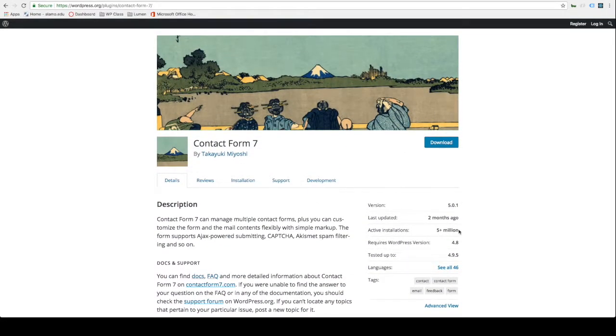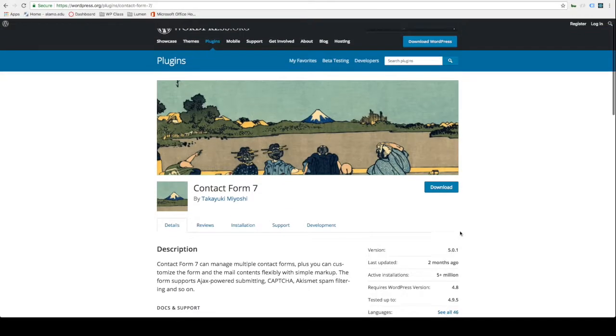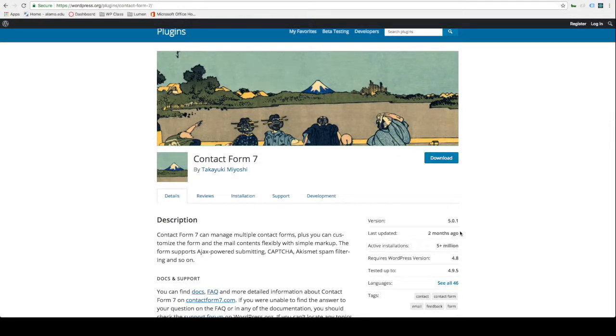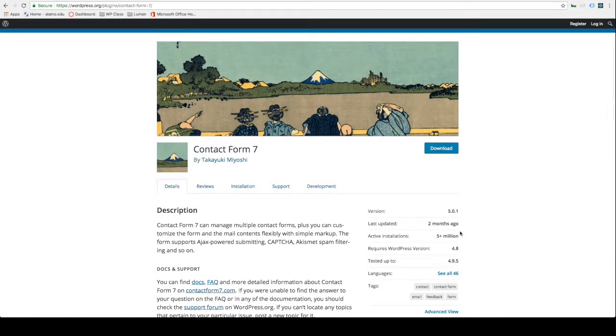Oh, actually, look, it's 5+ million. So 5+ million people downloaded this plugin. So that tells you something, that it's gotta be a good plugin, right? And it's all right. Lately there are some coming out that are good. They're also maybe even better, but this is very